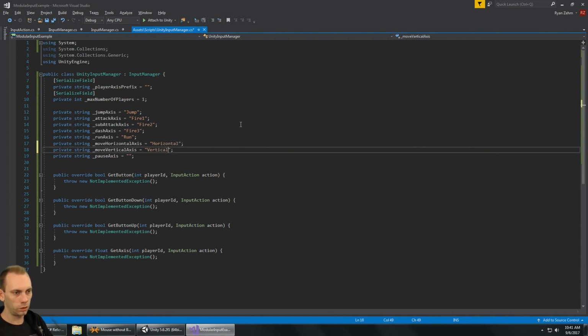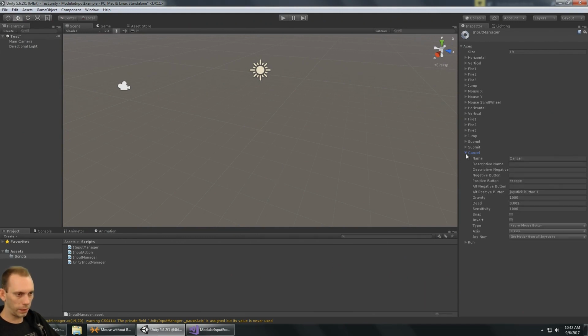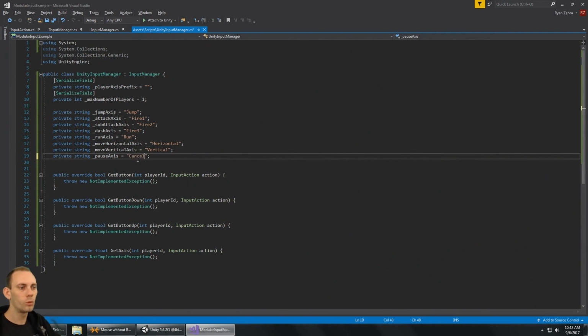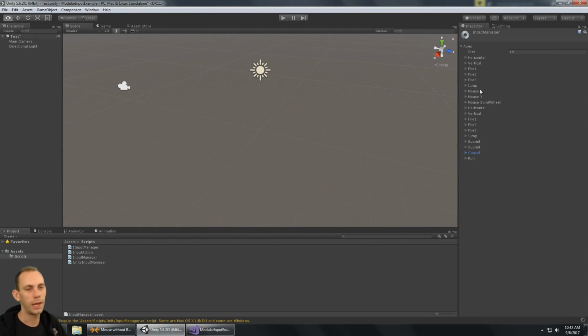So horizontal and vertical. And then for pause, I think I'll use cancel. So that cancel button, which is mapped to escape, that can pause the game. Alright, so you notice that this UnityInputManager class is specifically dealing with the UnityInputManager system and things that